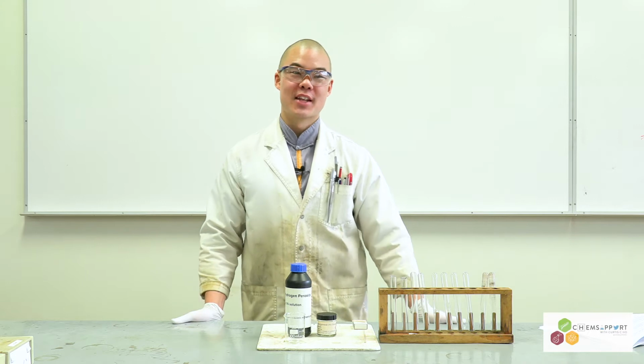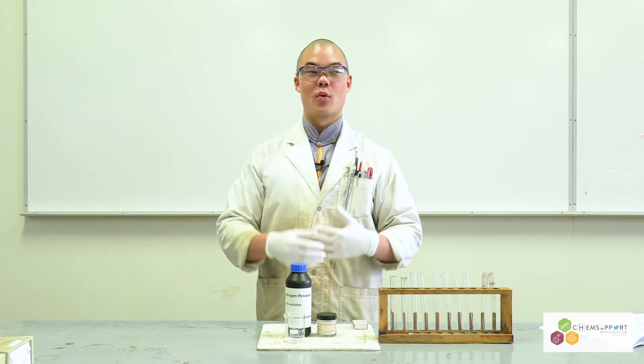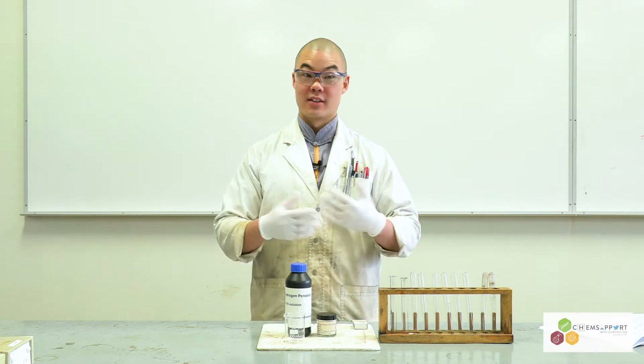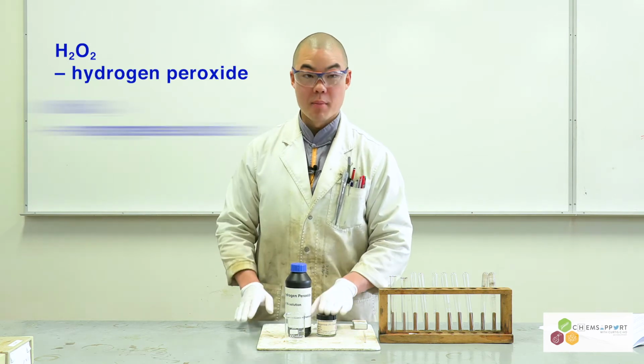Basic introductory chemistry experiments for anyone studying chemistry to understand and get to know. Today we're looking at a decomposition reaction, where we add two reactants together, and one or more of the reactants are broken down into their constituent parts. In today's experiment, we'll be looking at the reaction between hydrogen peroxide, which is H2O2, and